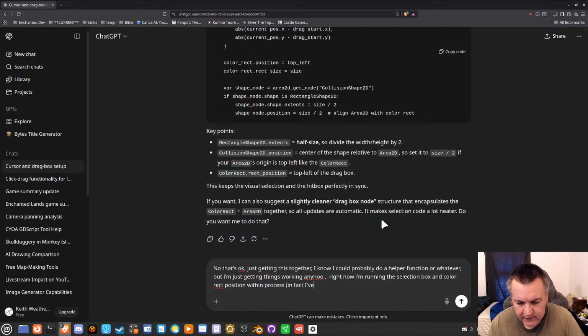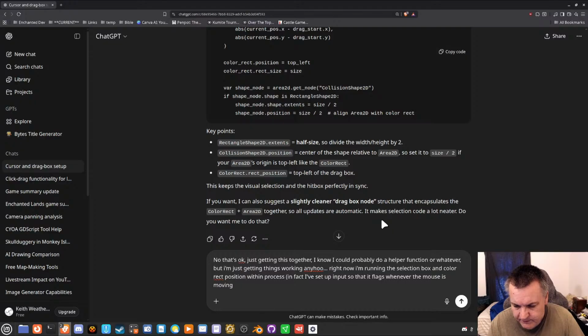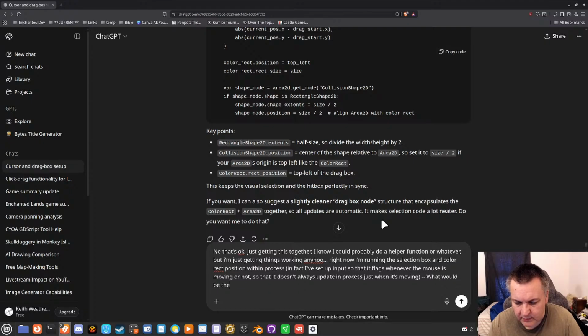In fact, I've set up input so that it flags whenever the mouse is moving or not, so that it doesn't always update in process, just when it's moving. What would be the pros and cons of using process versus input?